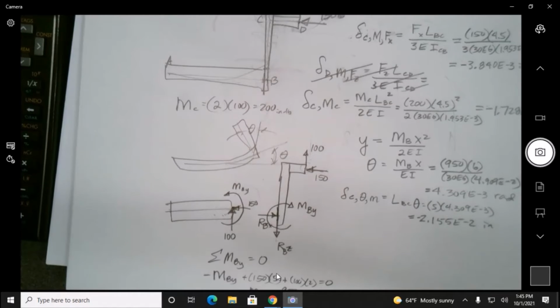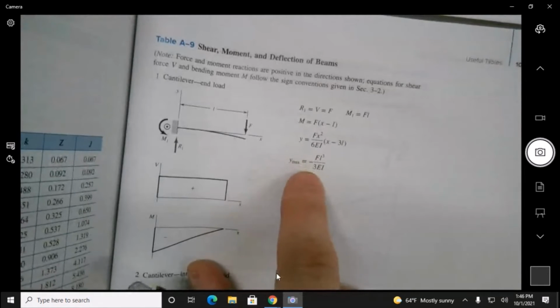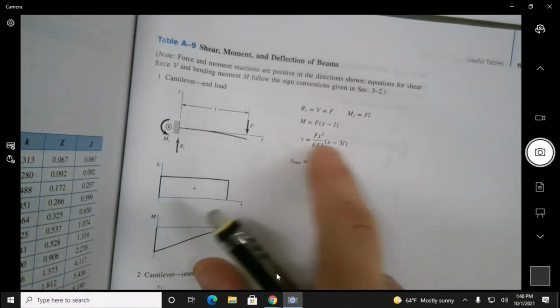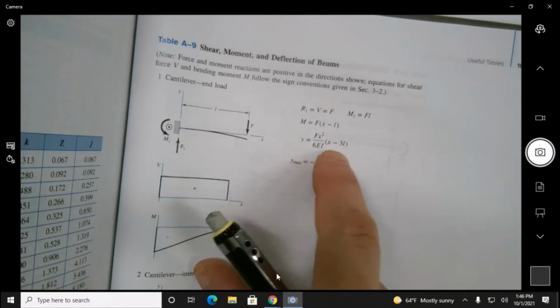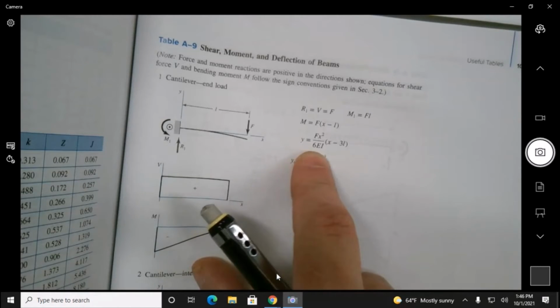But we're not done, because there's also this 100 pounds right here. So not only is there a moment here, but there's also a force on there. So we also need to use this equation. Now here's one where we can't take the derivative of this. We need to take the derivative of that. Of course, I think it's going to turn out to be the same thing, but let's do it anyway. So this one, in order to get the slope at the end due to a force onto the thing,